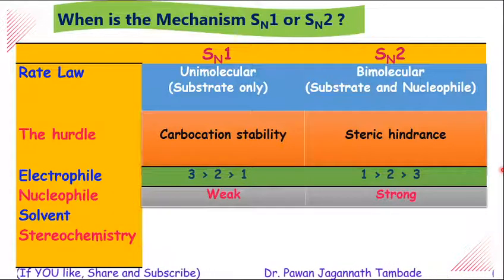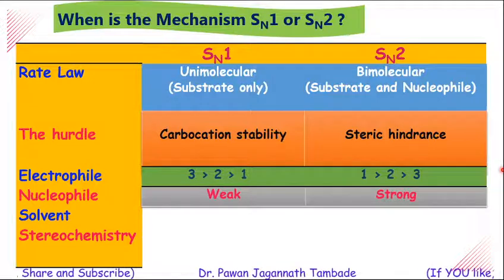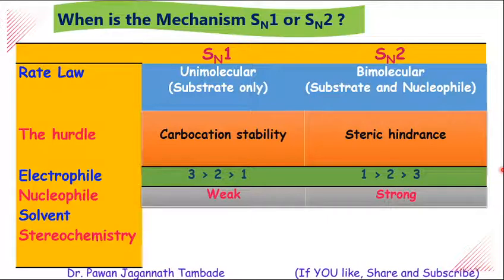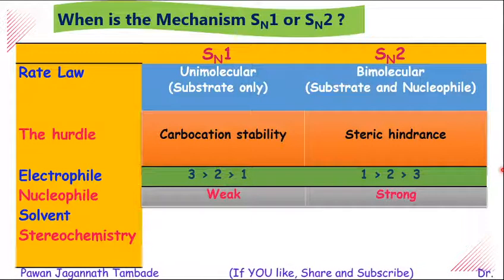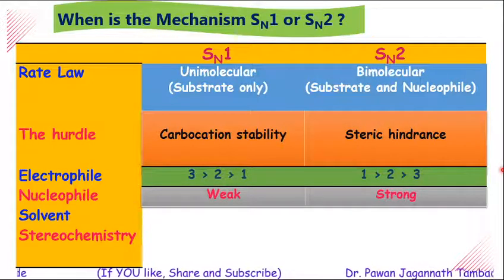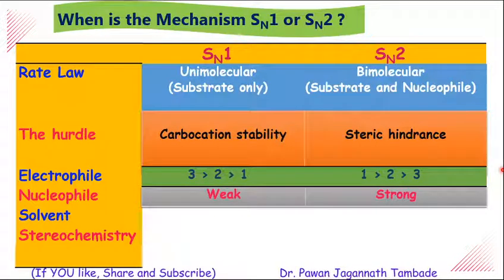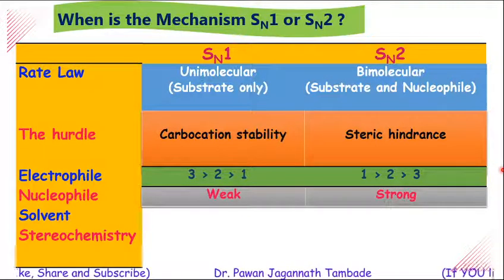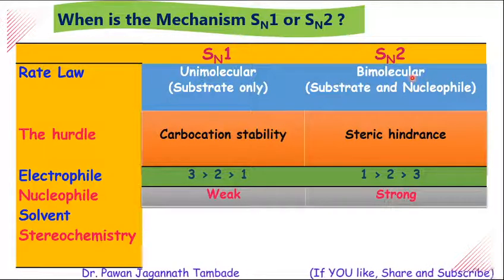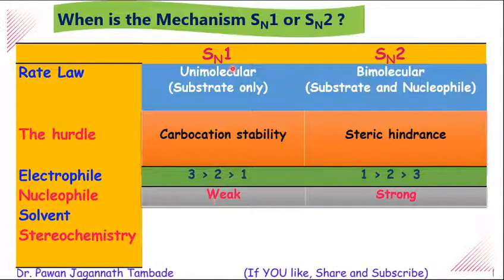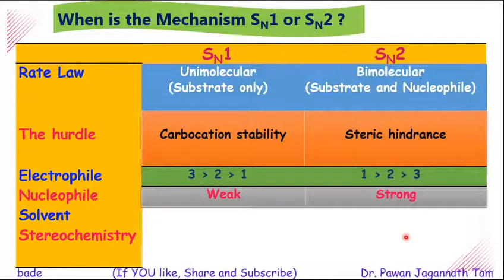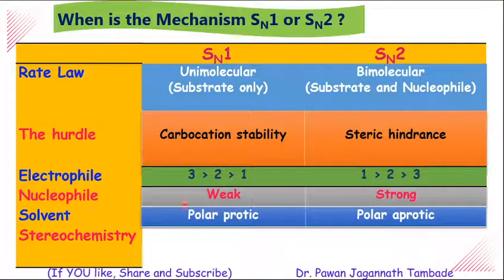Then a nucleophile. We know that nucleophile may be of different types. We can categorize it as a weak nucleophile or strong nucleophile. So if we are having weak nucleophile in our reaction, then it undergoes SN1 type of reaction. However, if nucleophile is stronger, then nucleophile tends to attack electrophile before breaking of bond between carbon and leaving group, and thus we will get SN2 type of outcome. So if there is a weak nucleophile, it shows SN1 reaction, and if there is a strong nucleophile, it shows SN2 type of reaction.